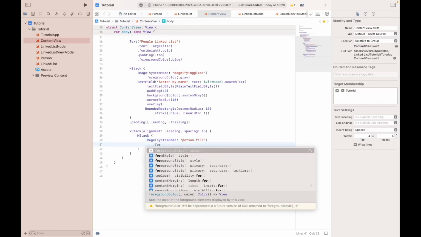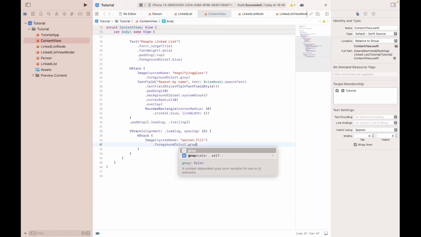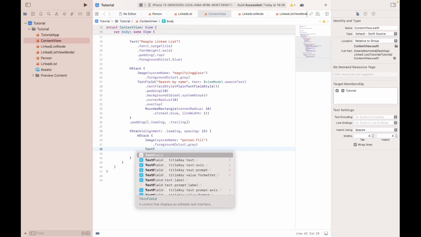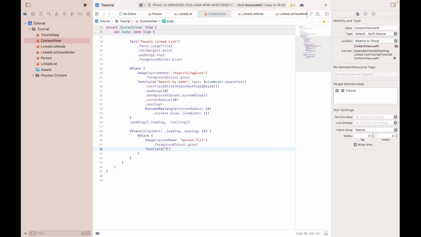Dot foreground color, gray, text field, enter name, text, $new name,